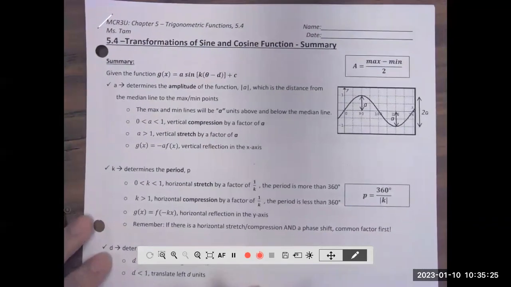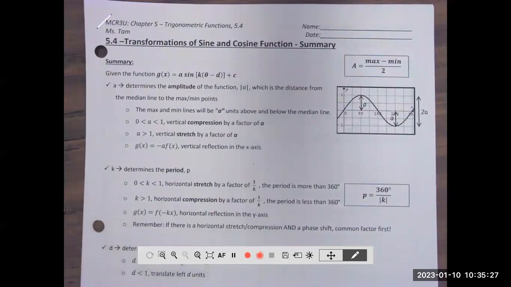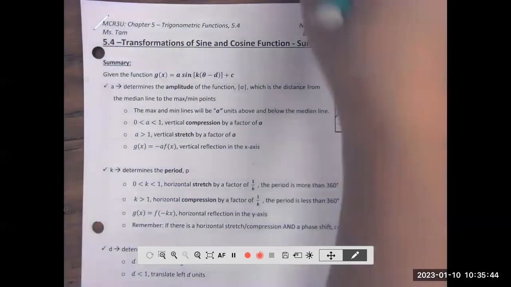Okay, so we're looking at 5.4, and we're going to be looking at transformations of trig functions, in particular, transformations of sine and cosine functions. Okay, so as a reminder, for sine,